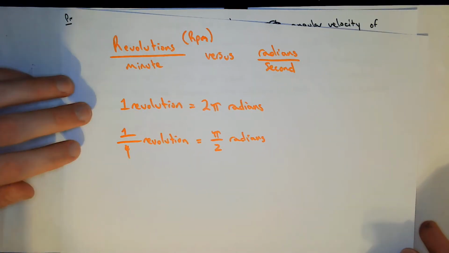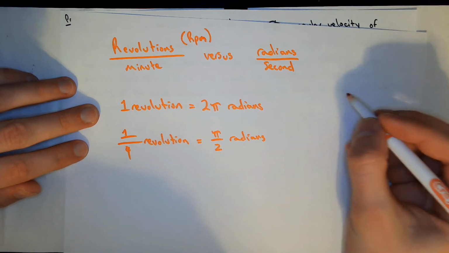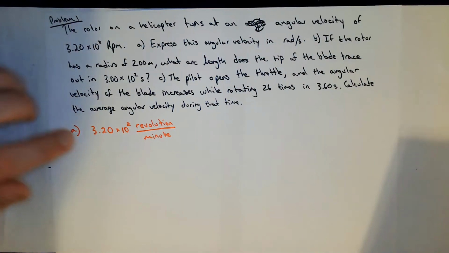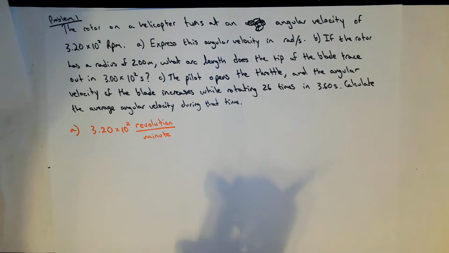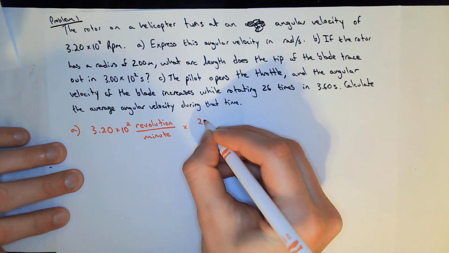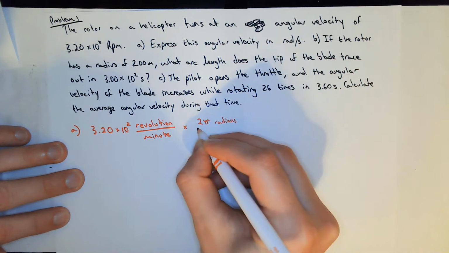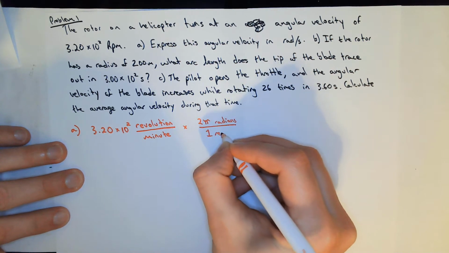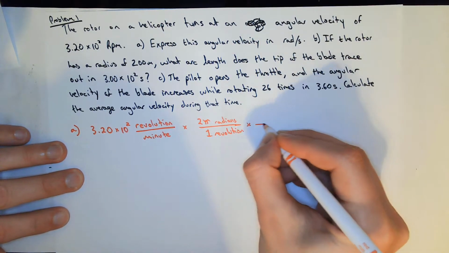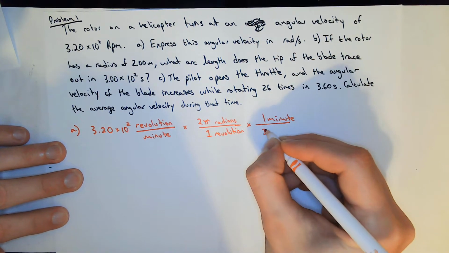If I want to get rid of revolution, then that needs to be in the denominator since it's up in the top here. So I'll say times 2 pi radians per 1 revolution, and then getting rid of the minutes, 1 minute is